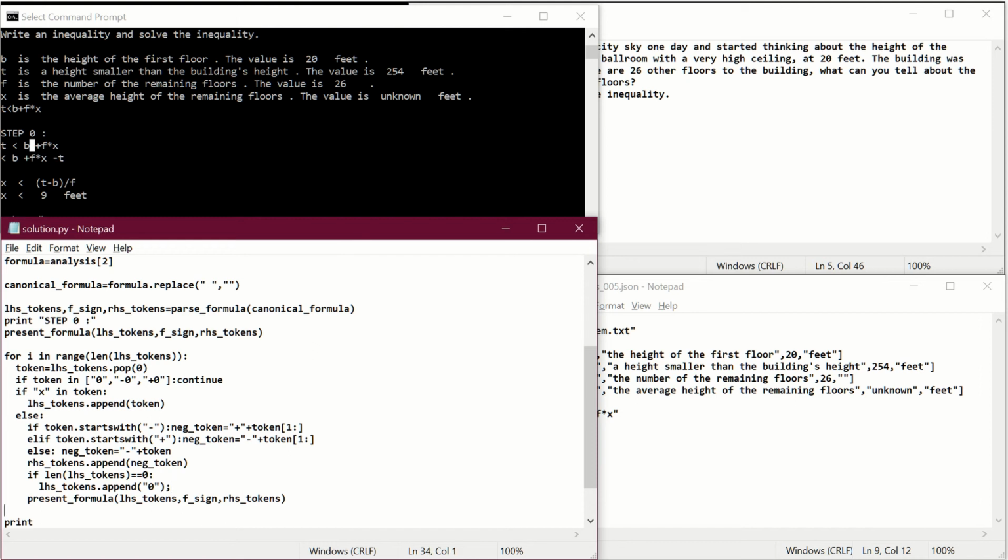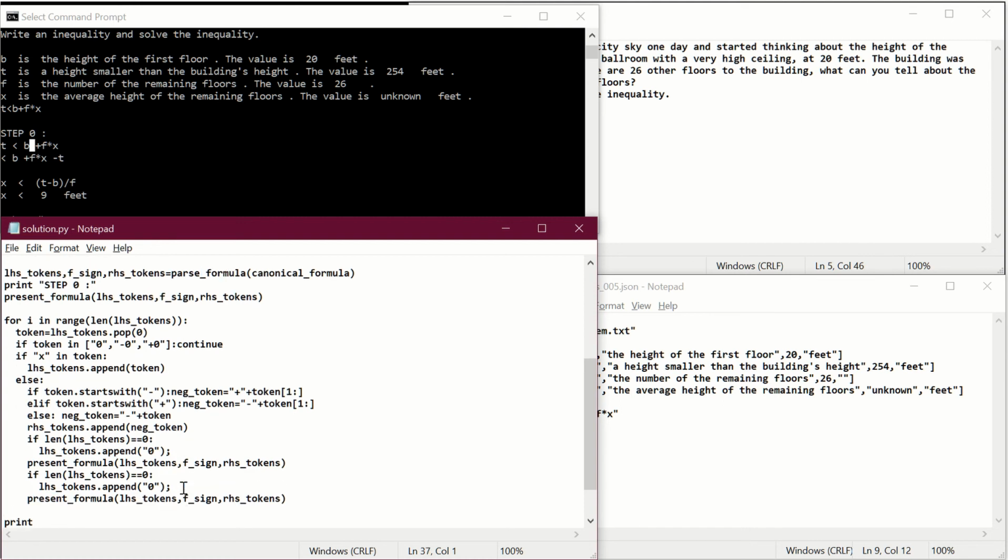Now in the end, I might still have a left hand side empty token, because let's say I'm taking out the 0, but maybe the other terms have x, so it will never go through this else loop. So what I will do after my for loop, I will check again. So I will check again if left hand side is empty. I will add the token, and only in that case I will write the formula. So let's save it